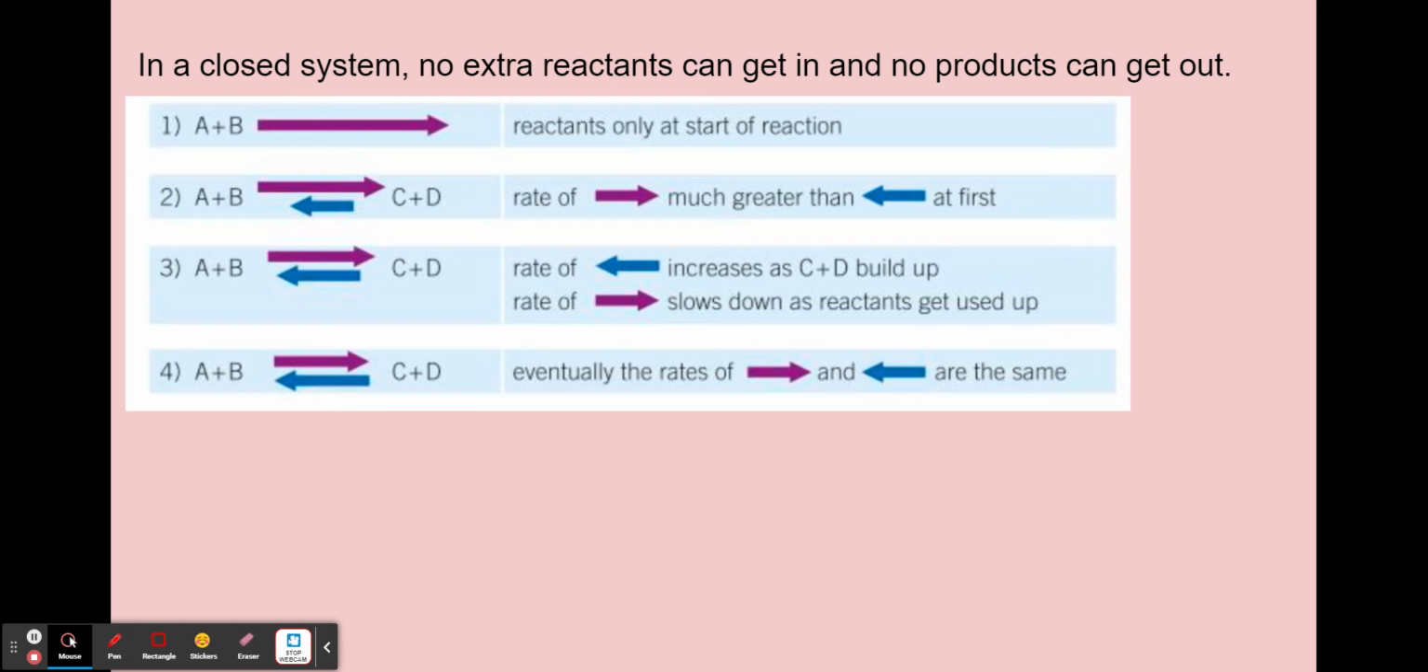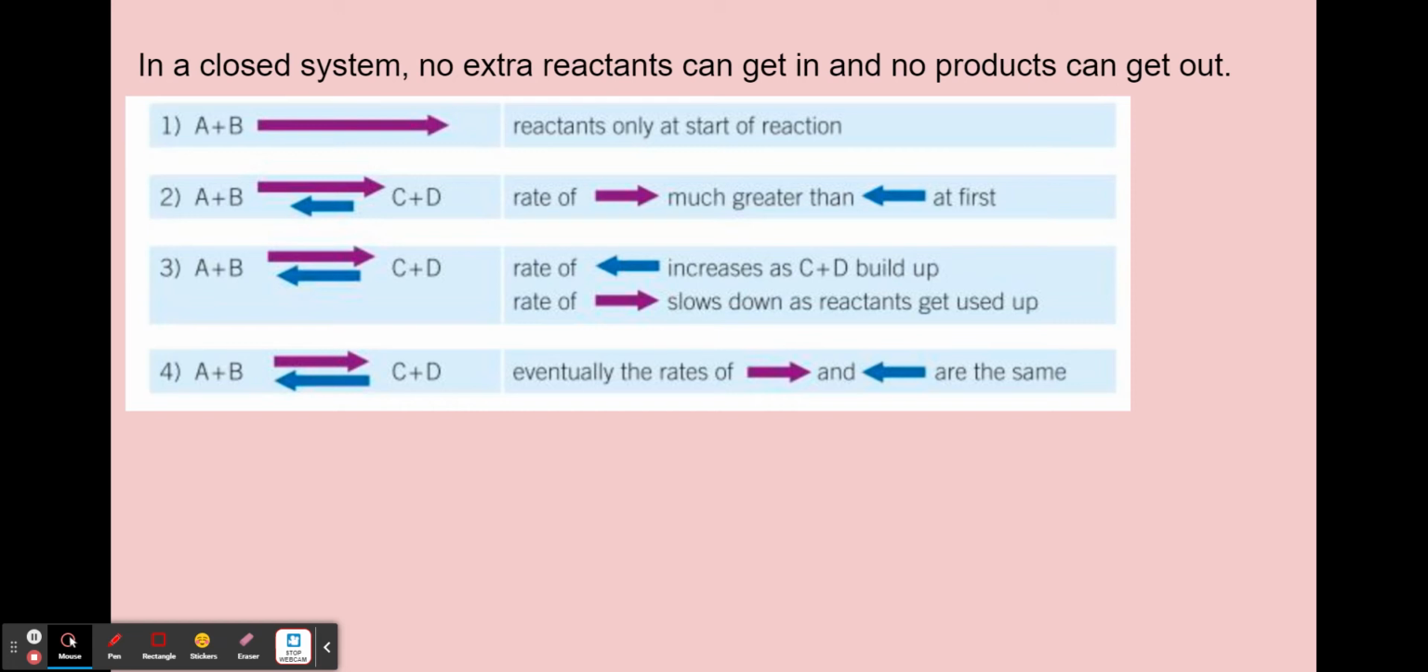The chance of them colliding is greatest. The rate is at its maximum for A and B reacting. As A and B react and start to produce C and D, the chance of A and B colliding is still greater than C and D, but C and D start to react. Okay, C and D are now getting in the way, collisions are becoming less frequent, but C and D are